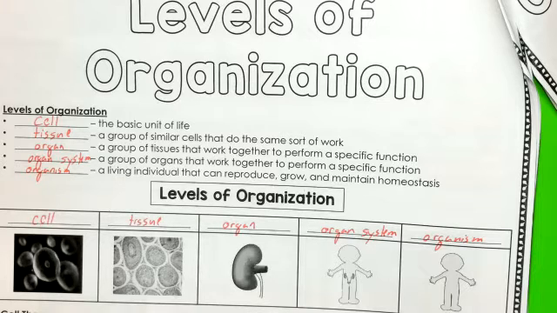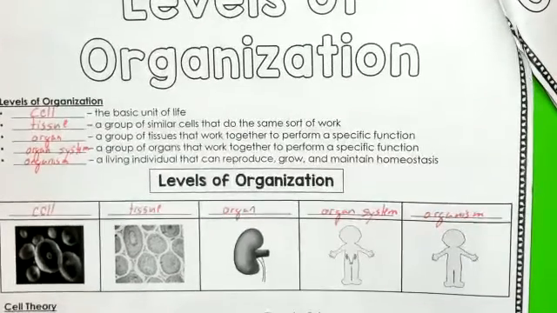The organs can work together. Organ system. When organs come together, they form an organ system. And then last but not least, an organism. Take a second, write those down. It's the same as the ones on the top. We're just putting them with the picture. Those of you online are more than welcome to skip ahead a few seconds. But those of you who are still writing, if you're done writing, that is your digestive system.